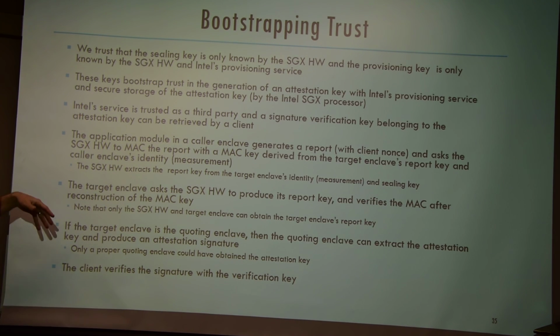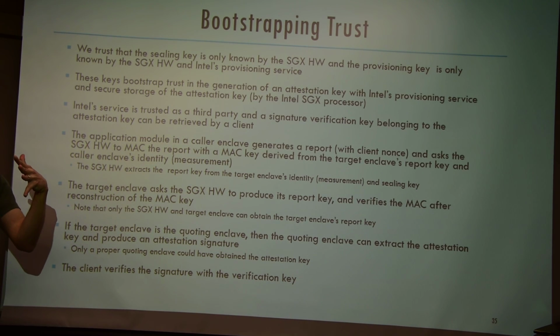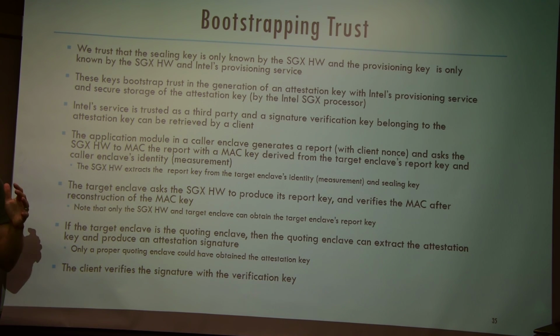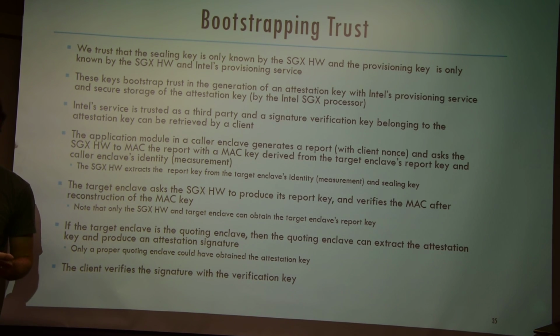And in this case, the target enclave can reconstruct its own report key and then can verify, because now it can compute the MAC key by joining the report key with the caller enclave's identity. And now it can check the MAC. So that can all be done in software. And the SGX hardware is being used by the caller enclave, who does not know the report key of the target enclave,